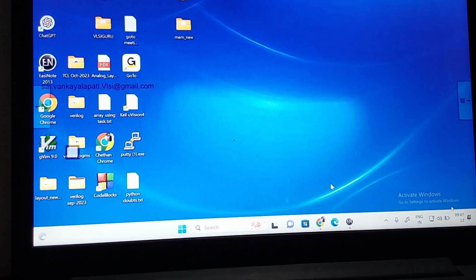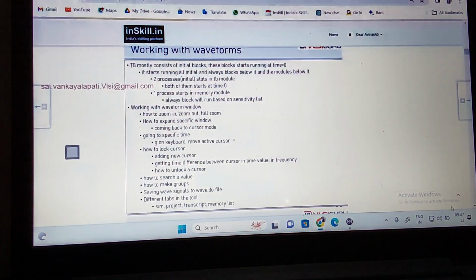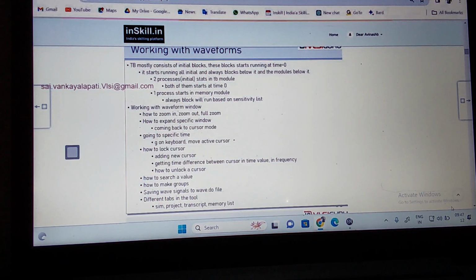So if you remember, in the last session we started with the modeling of the memory based upon the size, the width, the address width, and then the depth. So we understand how to write a design for memory, right? To do the memory concept, we are using handshake information. Both valid and ready are control signals. When both of these are high, we are doing the write operation or the read operation. If you analyze the waveform, yesterday we talked about this one, right?